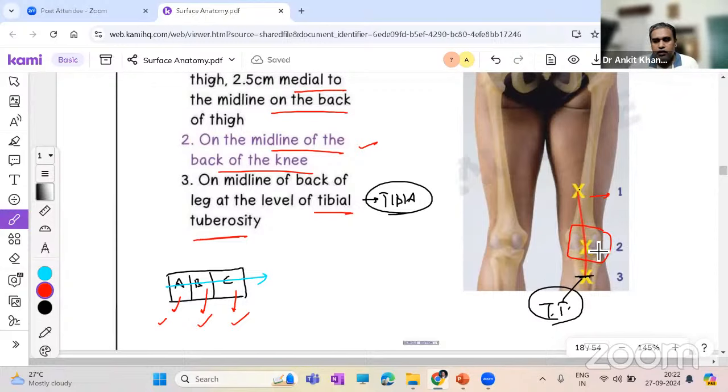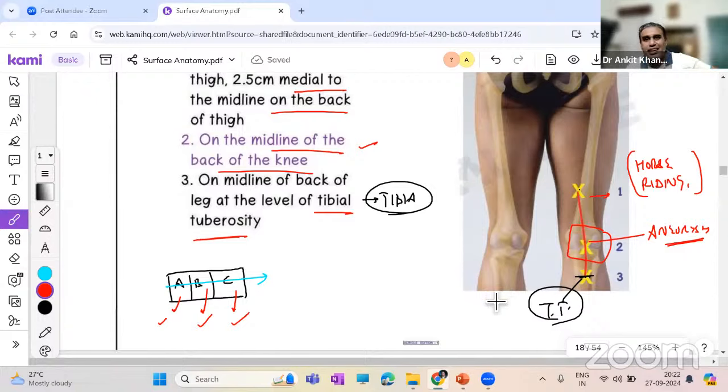Remember, not nowadays, but 50, 100 years back, when horse riding was quite a common sport and mode of living in the day-to-day life of individuals throughout the world, this popliteal artery was exposed to a lot of physical stress and physical injury. Why? Because sitting on a horse, they wear high boots, and you have to bend the knee. The horse is running, and you're also moving up and down. Then the boots strike the popliteal fossa, always putting a physical stress on the popliteal artery,